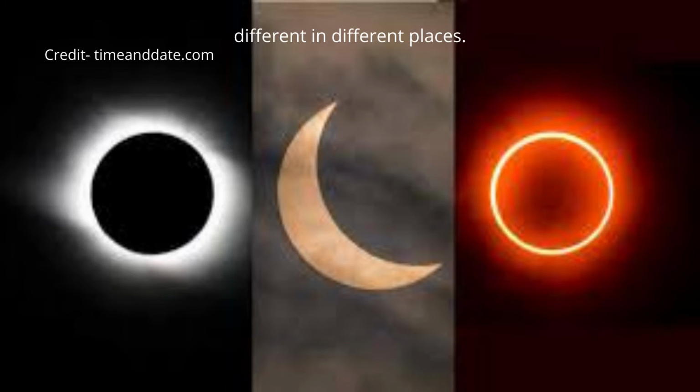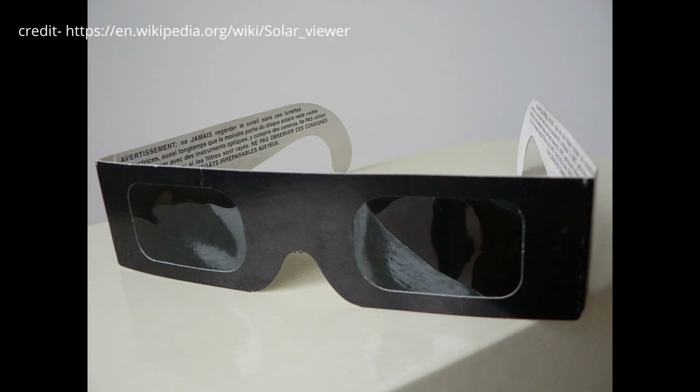This type of eclipse shifts between a total and annular eclipse in the umbra and a partial eclipse in the penumbral region. At certain points on the surface of Earth, it appears as a total eclipse, whereas at other points it appears as annular. We should not see any kind of solar eclipse without good equipment. We should always see a solar eclipse with eclipse glasses so that our eyes don't get damaged.